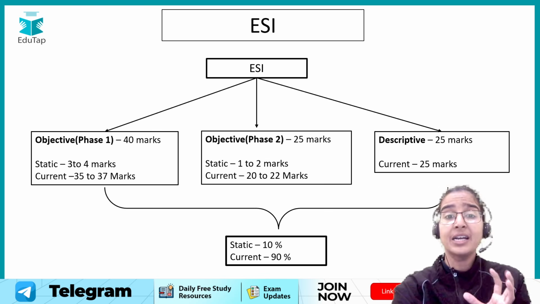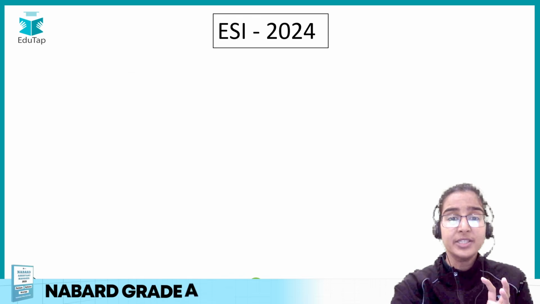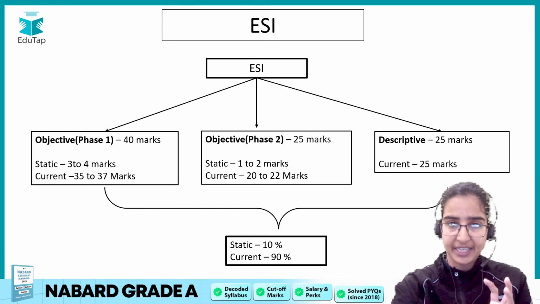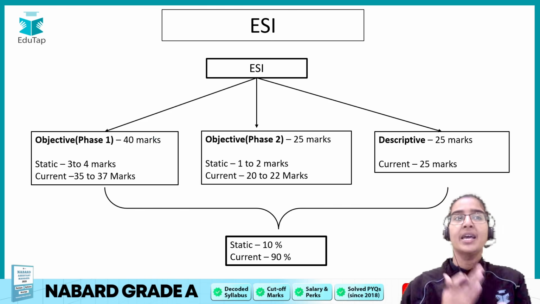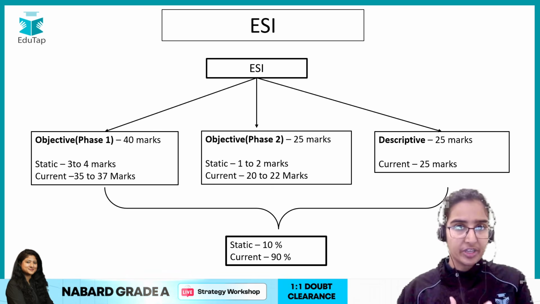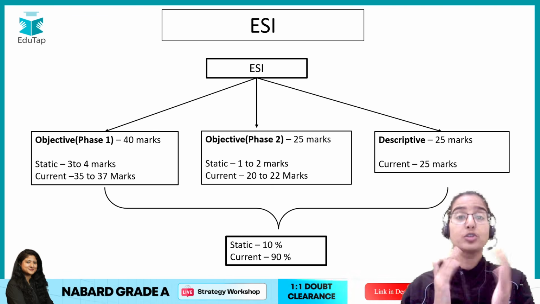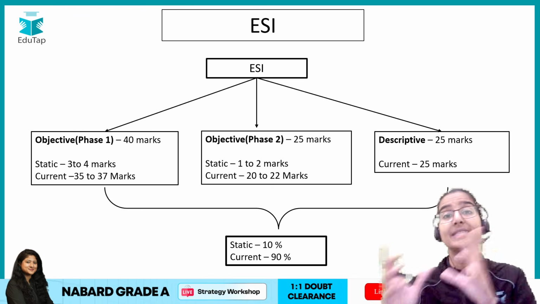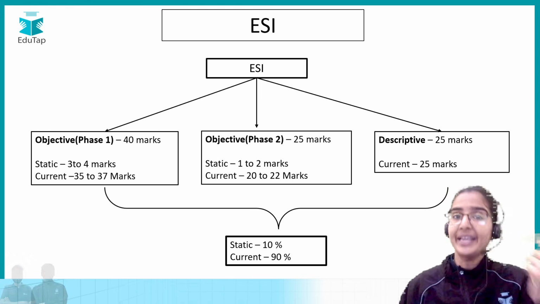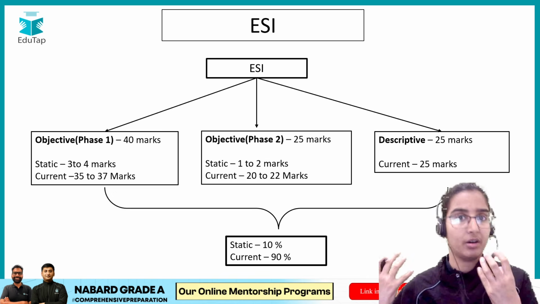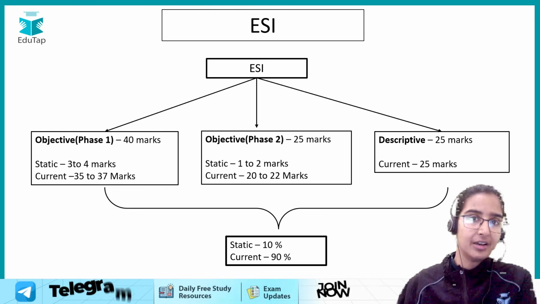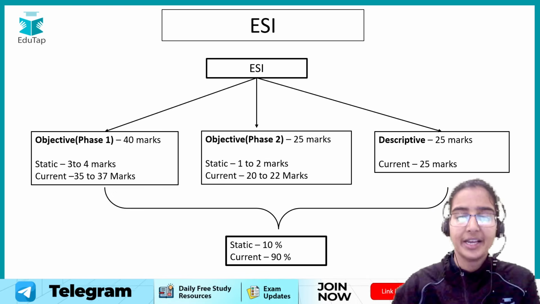But in the current affairs also, students, the questions are asked from different areas, right? The questions can be from the schemes, from reports, from the ARD current affairs also, and the static part also. So first of all, let us analyze what is the weightage of the current affairs, and in the current affairs also, which areas get proportionately more interest or more weightage.